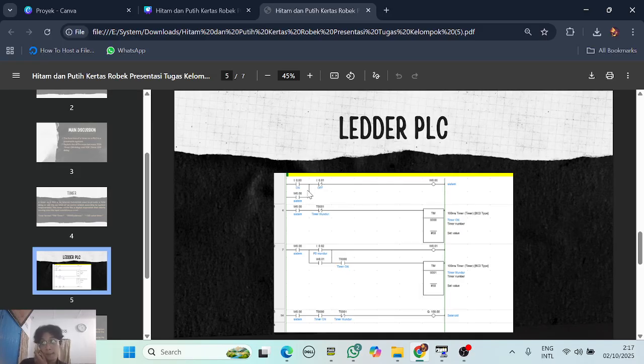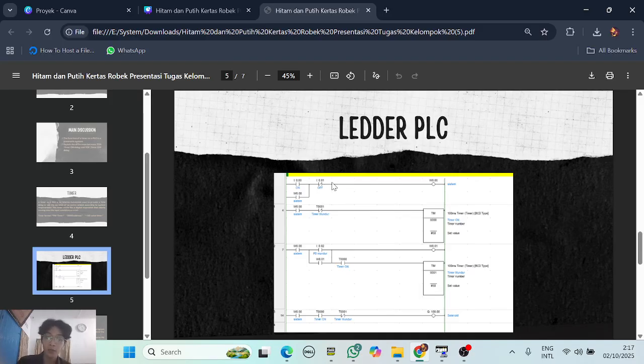And if we give zero value, or we turn off the PB on, the system is still on because the system uses interlocking with the value from the system in the first input.